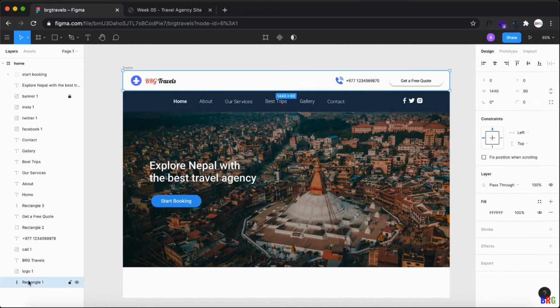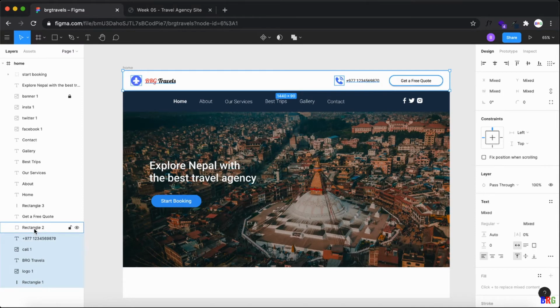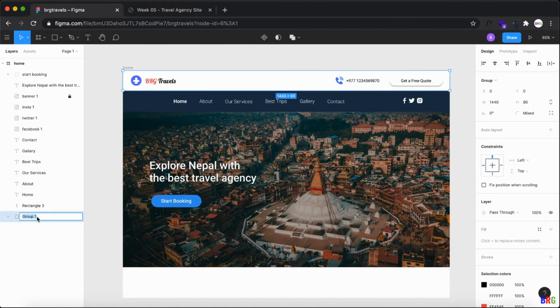This rectangle, okay, then Control logo, BRG Travels, call, phone number, rectangle, and get a free quote, as one group, the upper navbar, okay.